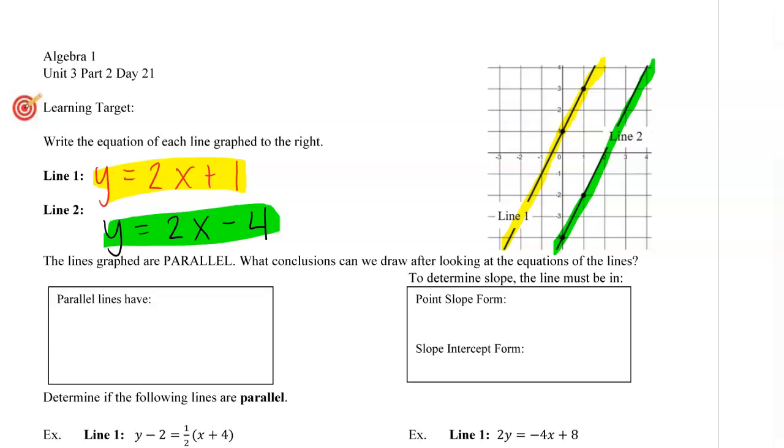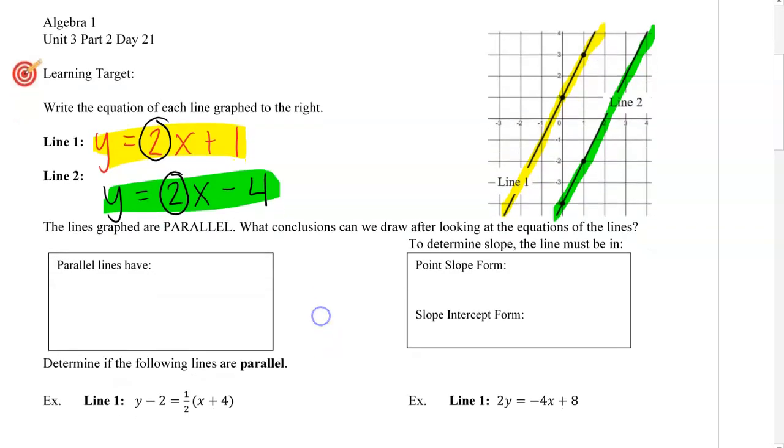You'll notice that these lines are parallel. The definition of parallel meaning that the two lines will never intersect. So the reason that these two lines will never intersect is hopefully that you notice their slopes are identical. Their slopes are the same. So parallel lines have the same slope,